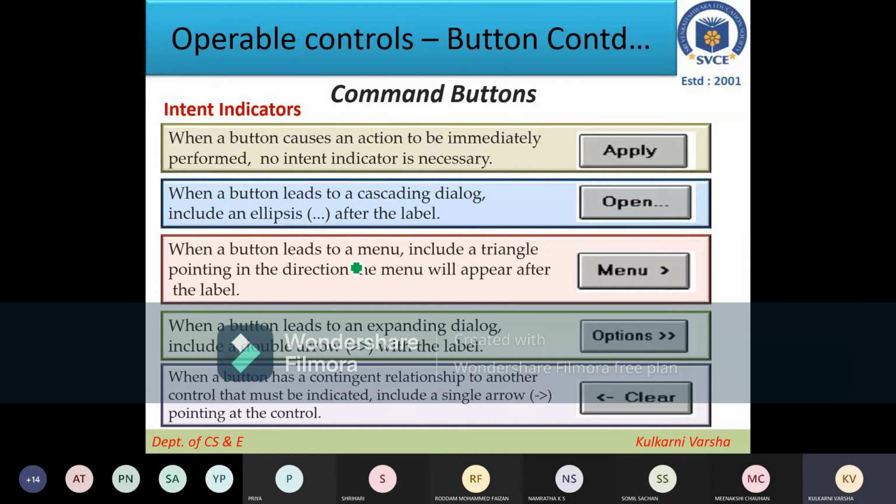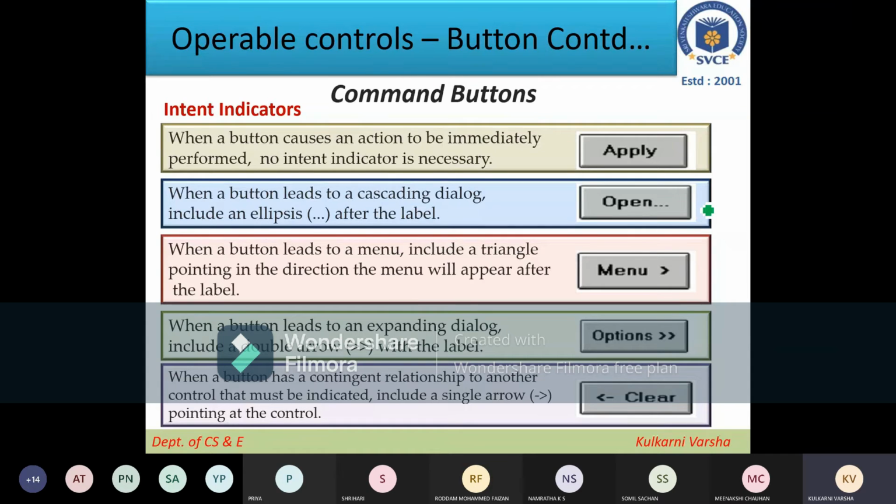The second intent indicator is about when a button leads to a cascading dialog; then include an ellipsis with the 3 dots. Here it is not exactly an ellipsis, but 3 dots are there. Generally when 3 dots are there, it means that when you click on this, you will get a cascaded dialog box attached with this button.